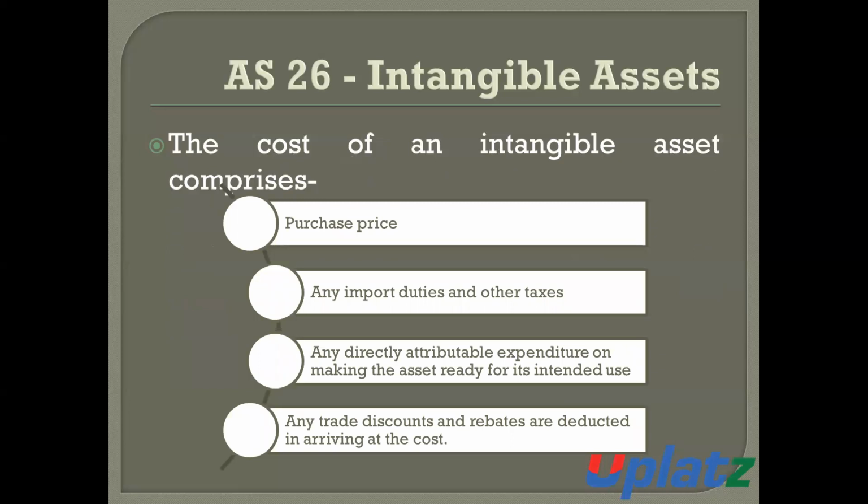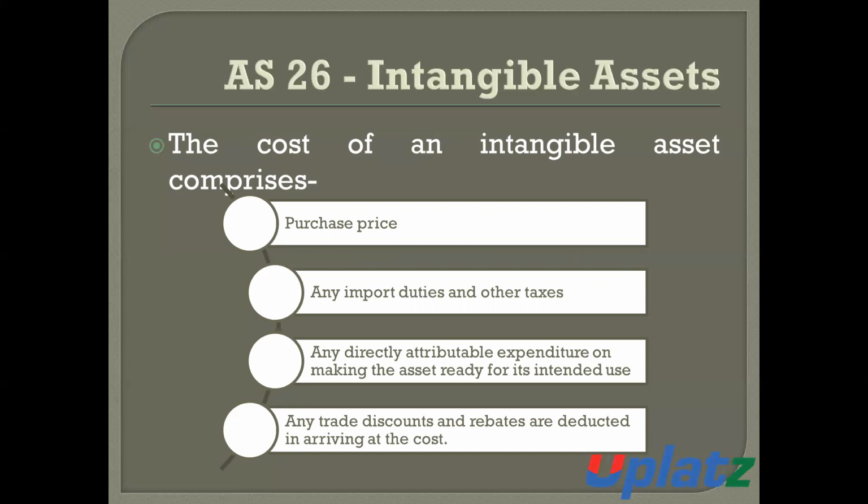The cost of the intangible asset includes: number one, the purchase price; number two, any import duty or other taxes which are not refundable; number three, any directly attributable expenditure on making the asset ready for its intended use, that is, any expenditure directly related to the asset on making it ready to use; and any trade discount or rebate is deducted